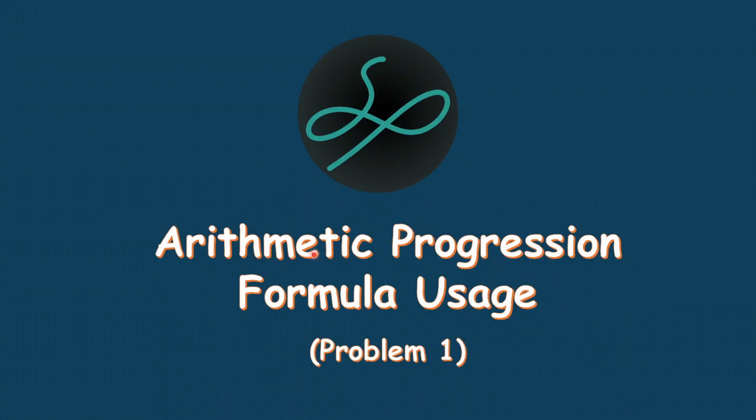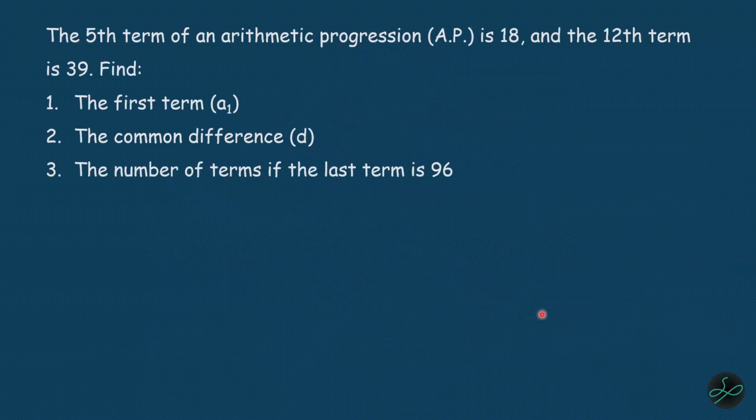In this video is an arithmetic progression problem with 3 questions in it. I am going to use it in order to demonstrate how to use the formula for this sequence on how to obtain the specific term given some condition. Here it goes. The 5th term of an arithmetic progression is 18 and the 12th term is 39. Find the first term a sub 1, the common difference d, the number of terms if the last term is